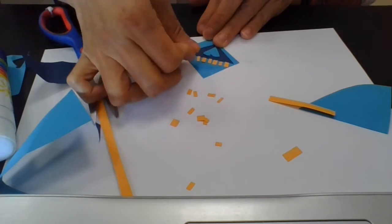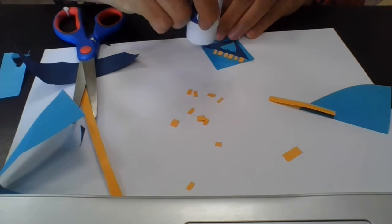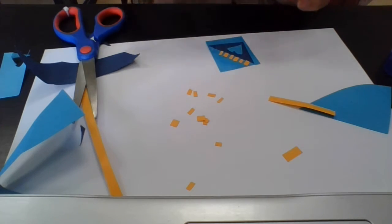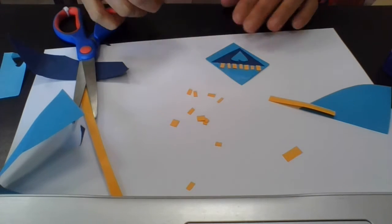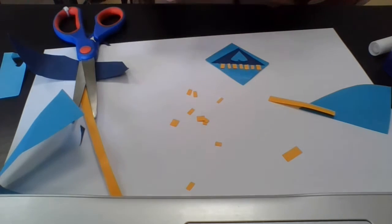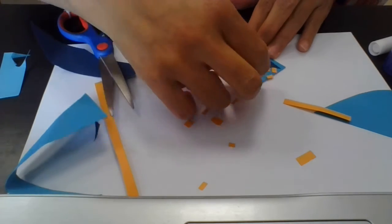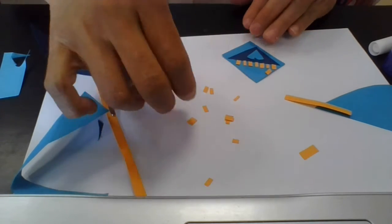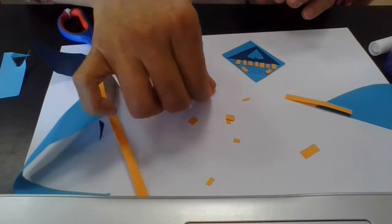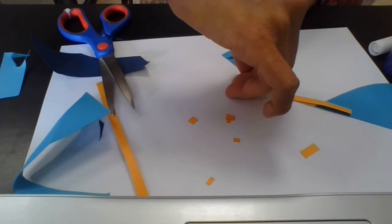Oopsies. That's okay. I need some more glue in that section. So let me add a little bit more glue. You want to cover your glue stick once you're done, right? Now I'm going to put a little bit more of the paper mosaic here. And I could even make it go to an opposite design. It doesn't have to be like right. Make it sort of look like it's creating an angle right there at that corner,